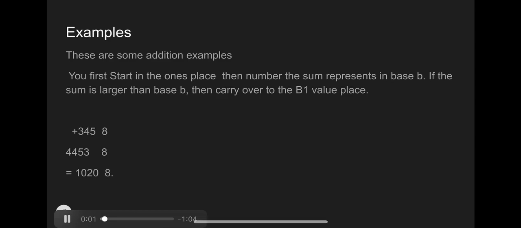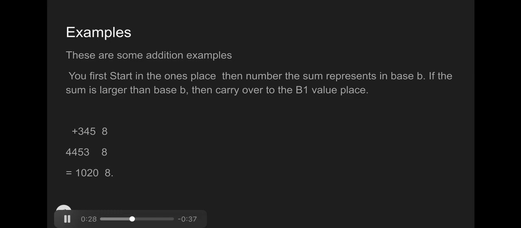For our first example, we're going to go over addition examples. You first start in the ones place and look first at your base. This base is going to be what you are going to sum up to. So for base 8, everything will sum up to 8. Then you will carry over anything that is left over into the next value place. So for example, 345 plus